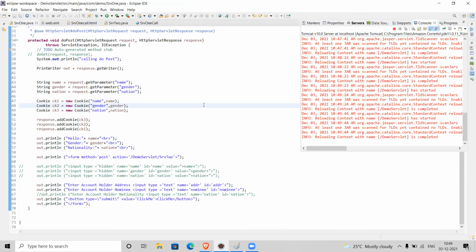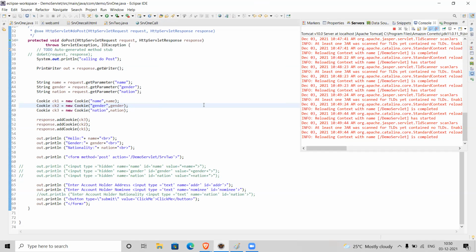Basically, in a typical web application, Kaveri, we use a combination of servlets and JSPs. It won't be a pure servlet concept. Instead of servlets, we can call JSPs.